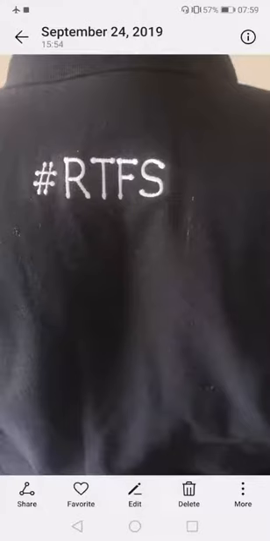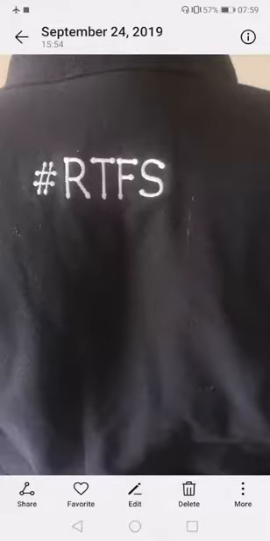Okay, so the first lesson that I have today is to start off with hashtag RTFS, because all of us are sometimes challenged when it comes to digital things. I thought it was appropriate to introduce the concept of RTFS. You can Google it, but I've coined this concept and I love it so much because we are sometimes frustrated with digital things, whereas if you can read the effing screen or read the freaking screen or read the friendly screen, you are able to manage whatever it is that's frustrating you.